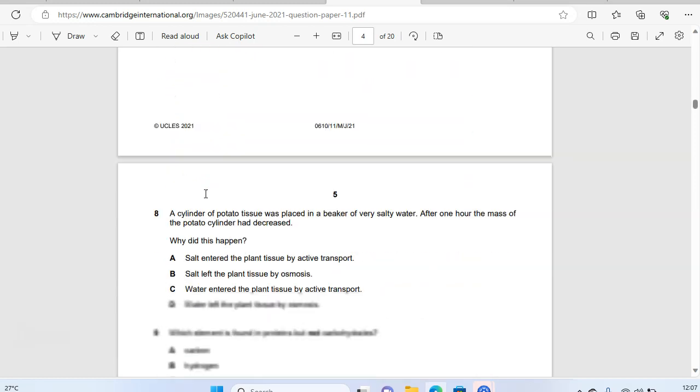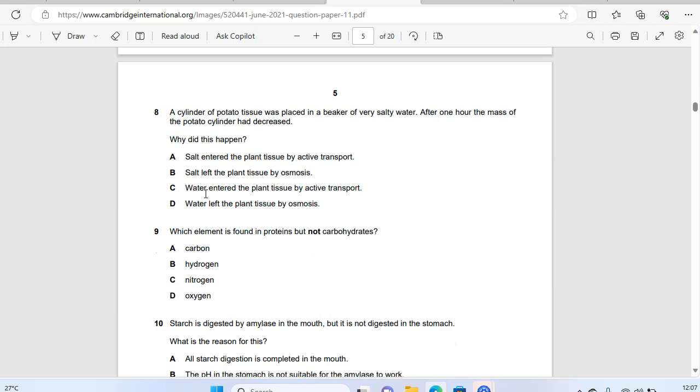So, question number 8. A cylinder of potato tissue was placed in a beaker of very salty water. After 1 hour, the mass of the potato cylinder had decreased. Why did this happen? So the answer to question number 8 is going to be,